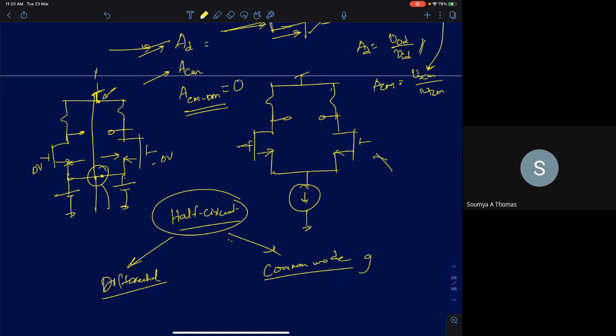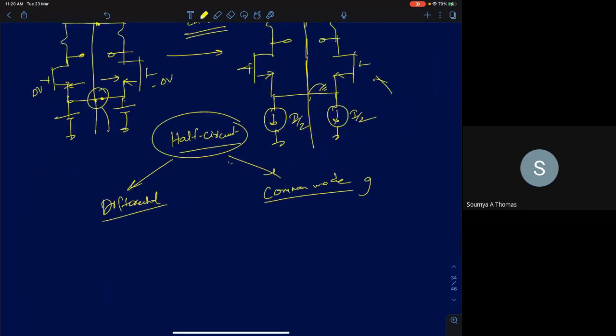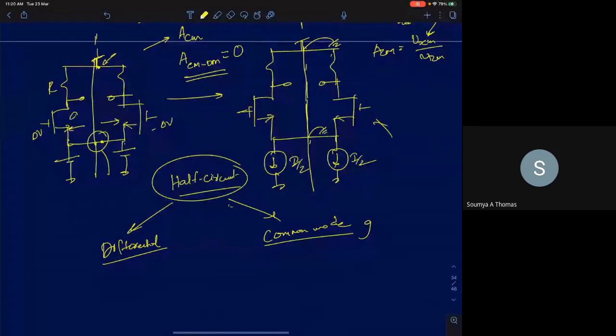Similarly, if you take the circuit on the right here, I'm going to again draw an axis of symmetry, and I'll actually replace this with two current sources of value I by 2 and I by 2. And this is the axis of symmetry here. So then this point will come to AC ground, this point will also come to AC ground, differential AC ground for the differential half circuit. So if R is the resistance here, GM is the transconductance, and the same GM is the transconductance and R is the resistance here,